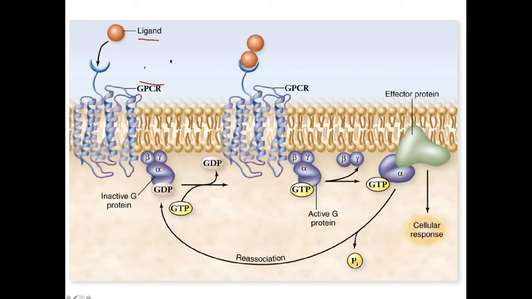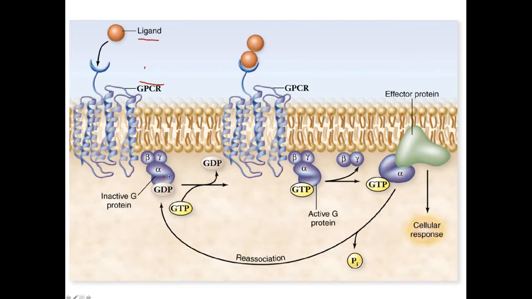So how does the G protein coupled receptor pathway act? Well, when a ligand is bound to the extracellular domain of a G protein coupled receptor, that is when the cell that bears a G protein coupled receptor in its plasma membrane receives an extracellular signal of a particular type that is specific for it, that G protein coupled receptor binds that ligand and changes its conformation in response. And that change in conformation causes a change in the G protein to which the G protein coupled receptor is linked and associated with.